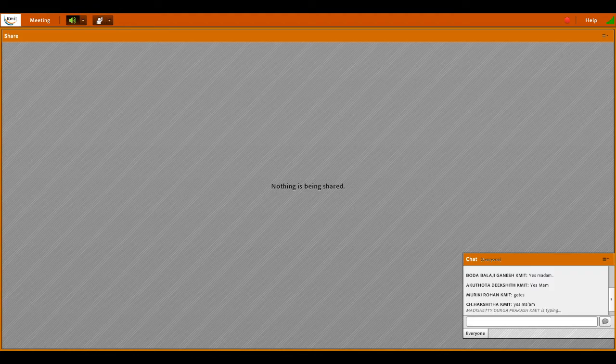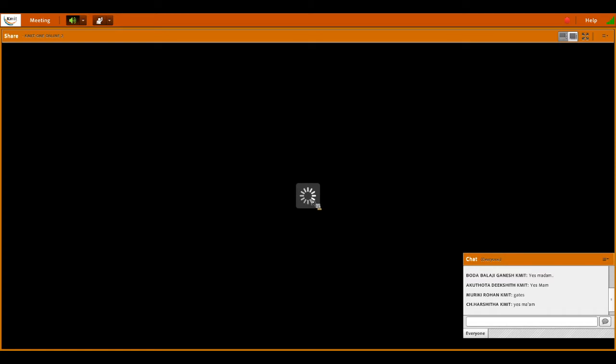Yes, ma'am, gates. So in digital, we have started gates also, all the basic gates. But due to some technical problem, I couldn't explain properly. So in 10 minutes, I will give the overview of the gates again. And we will move on to the next topic, that is Boolean algebra and De Morgan's laws and some simplification techniques. Okay, so let us start the class.